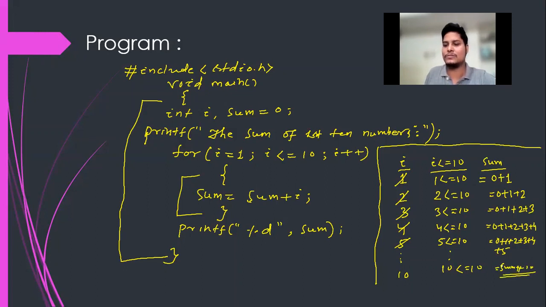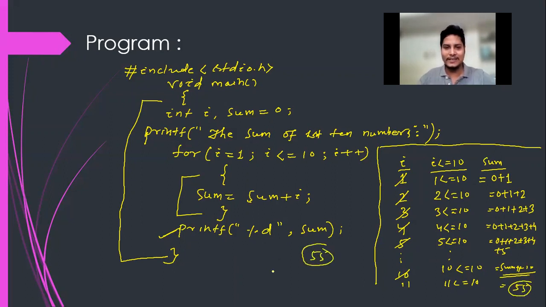Okay. So the total addition will be stored in the variable sum. After that, the control moves to the i increment, so i will be 11. 11 <= 10? No, this is false. When this is false, the control moves out of the loop. Then it will see the printf statement, where it is written %d, comma sum. The value of sum will be printed. The sum value will be 55. Okay, so the output will be 55.